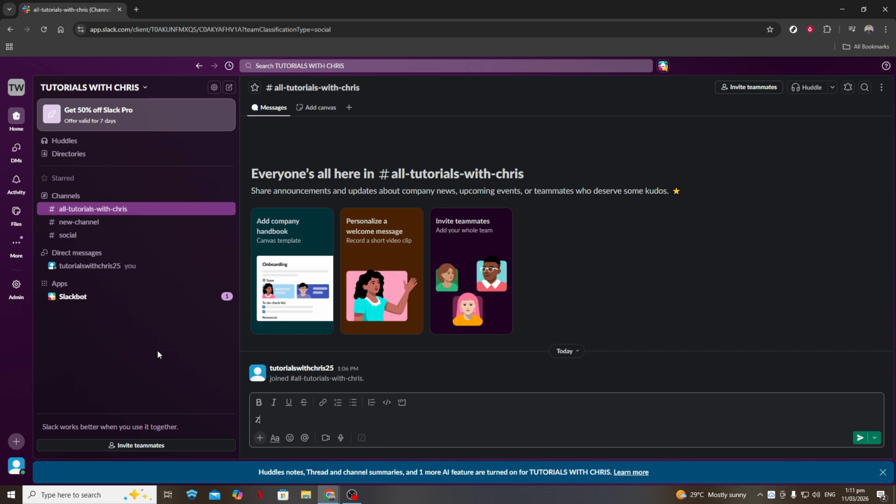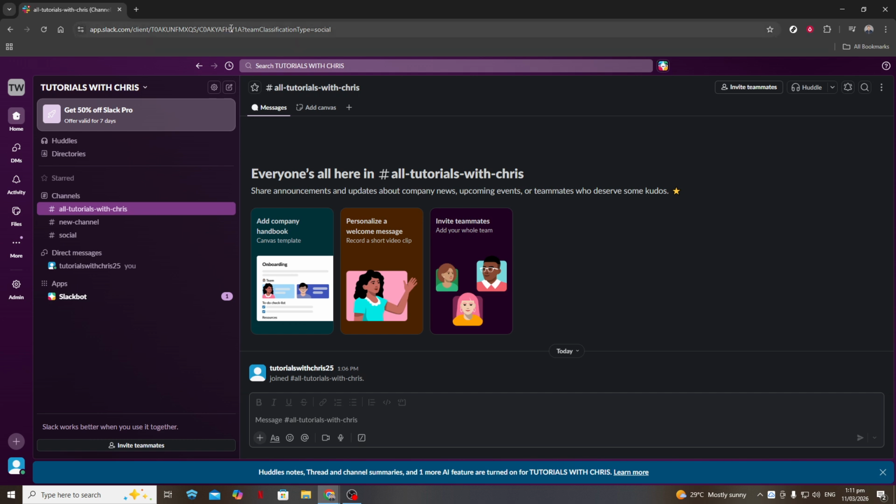Sometimes you start a conversation in Slack and realize later that someone else needs to be included. Maybe it's a teammate who should see the decisions being made, or a manager who needs context. Instead of copying and pasting messages or starting a brand new thread, Slack lets you bring that person directly into the existing conversation, so they can catch up on what's already been said and continue from there.